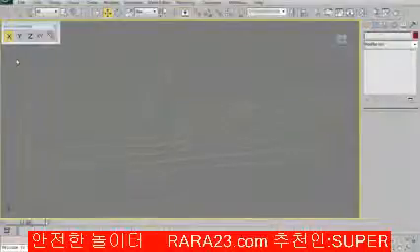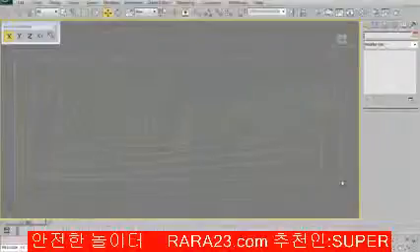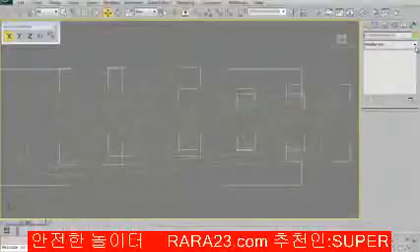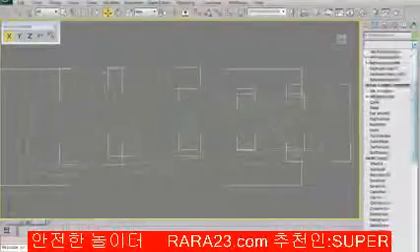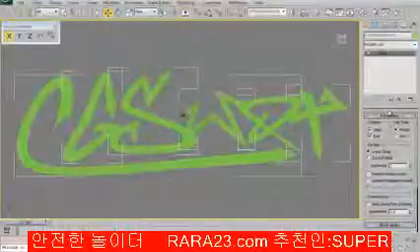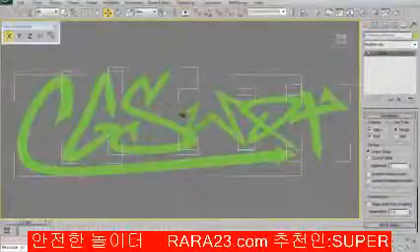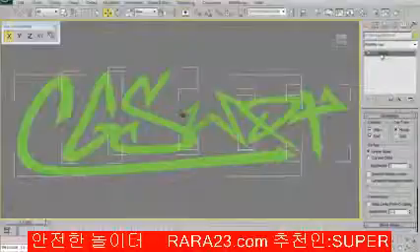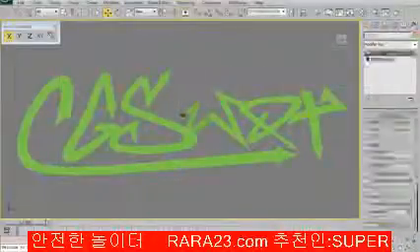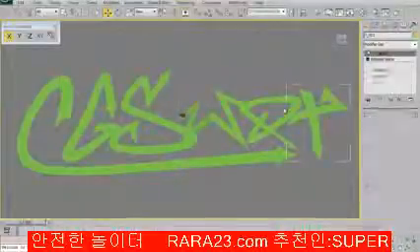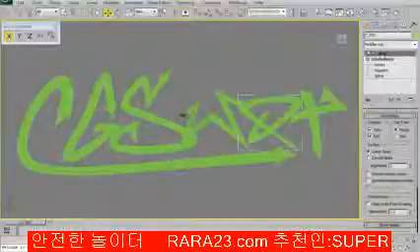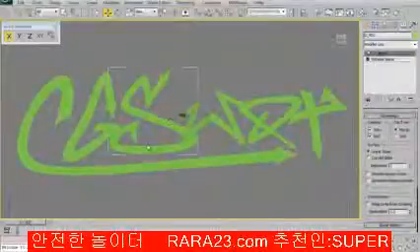So what I'm going to do now is apply a modifier, but I'm going to apply it as an instance. So if I select all of my letters and then go into the modifier stack here, I can apply a bevel, which is an instance. You'll notice that it's in italics up in here. So if I select any one of these objects, they all have this bevel in italics, and it basically means that they're sharing